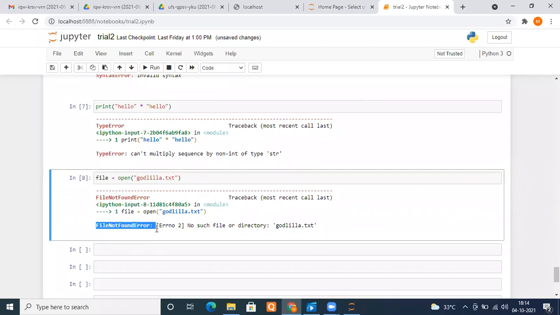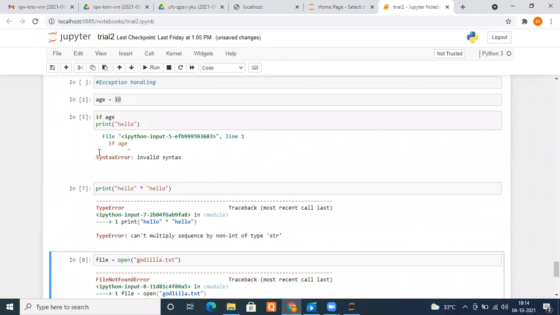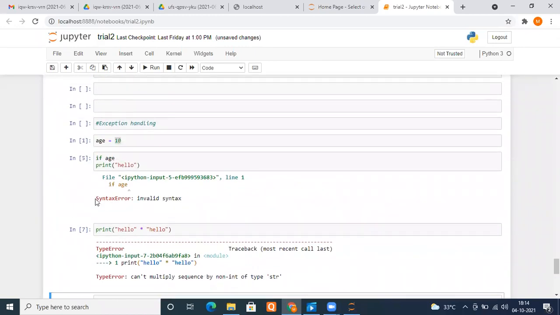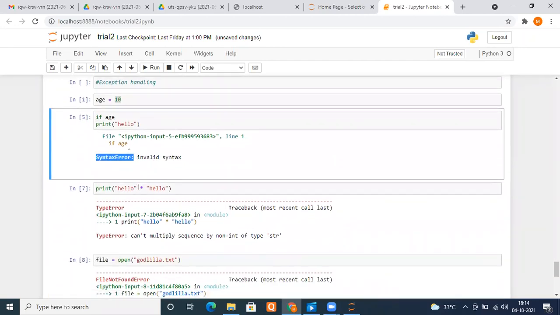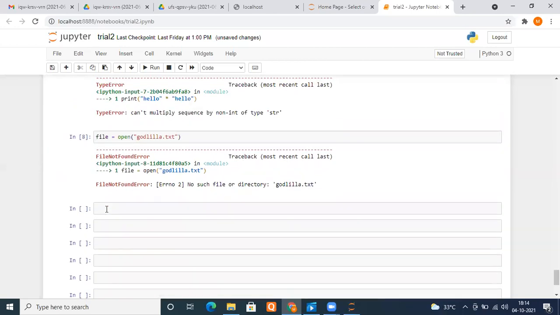Okay, so understand we are seeing here two kinds of errors. One in which there is an error in the syntax. Second, when the syntax error is not there, but there is something missing with the data or something, right? And there is a third type of error which will not be visible here. For example,